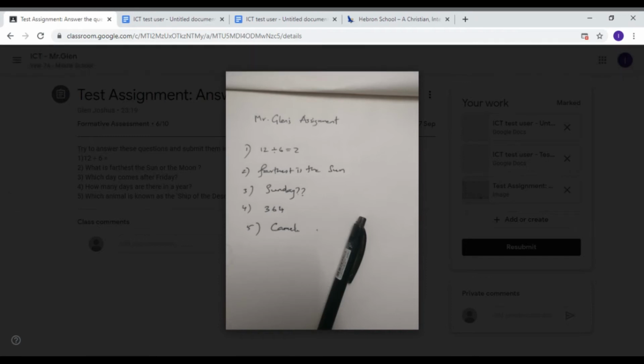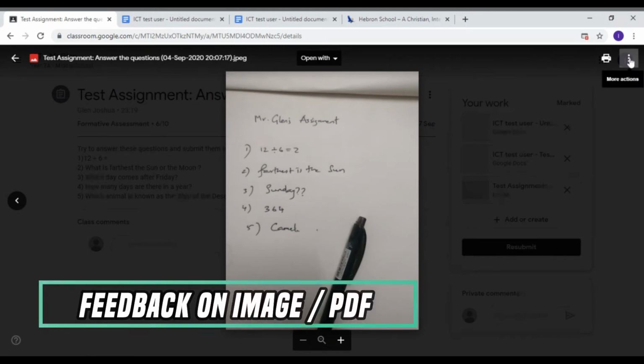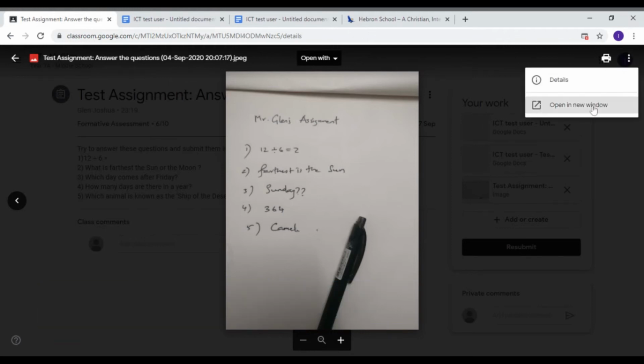Now this is the first kind where the teacher has marked for you. So you click on the 3 dot options that you have here called More Actions. Now if you're viewing it in your tablet or phone, you will be able to view the comments straight away, but if you're using a browser or a computer,